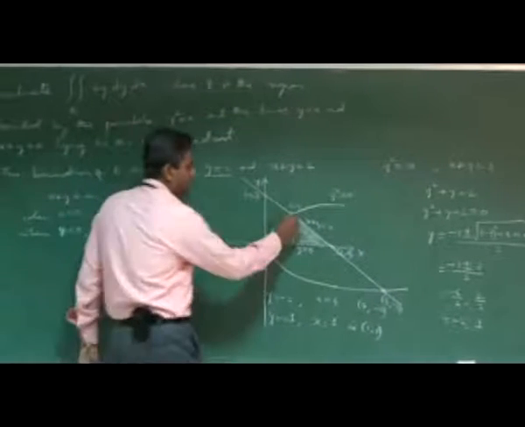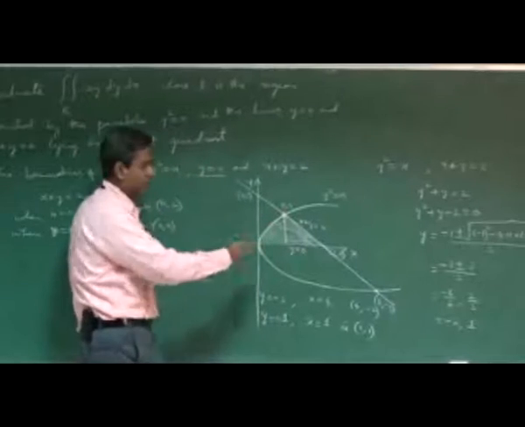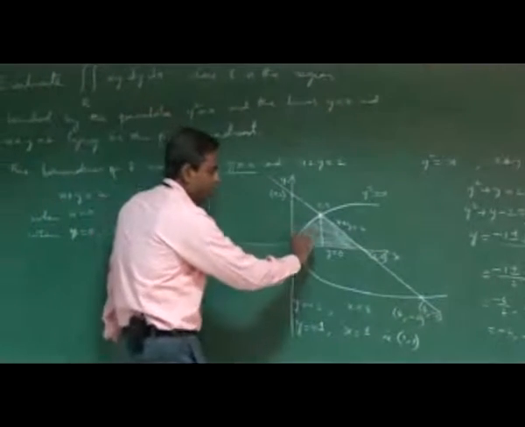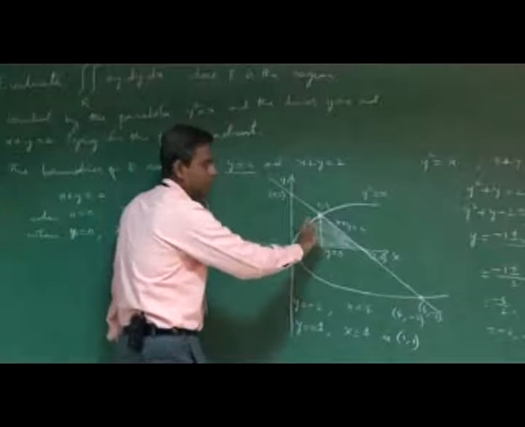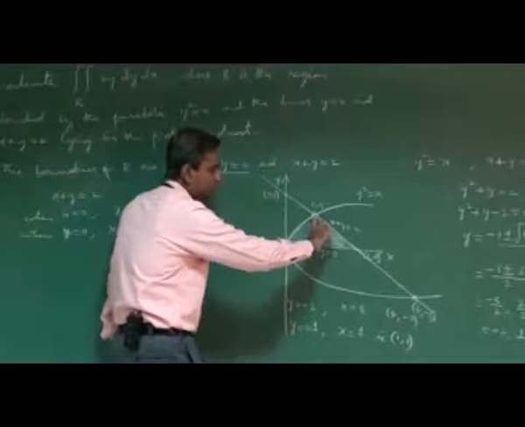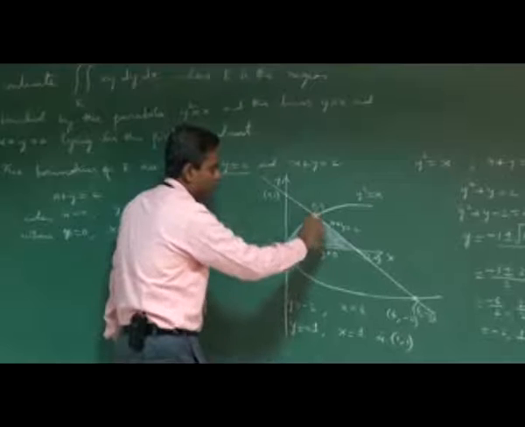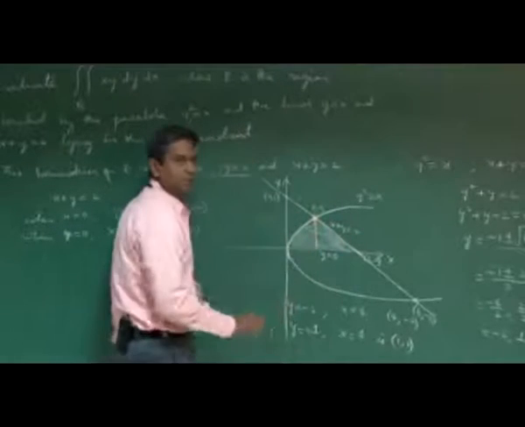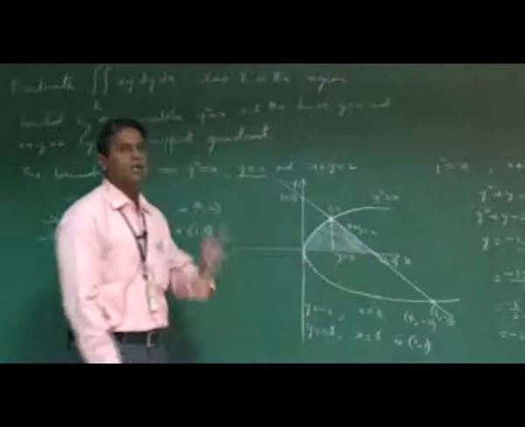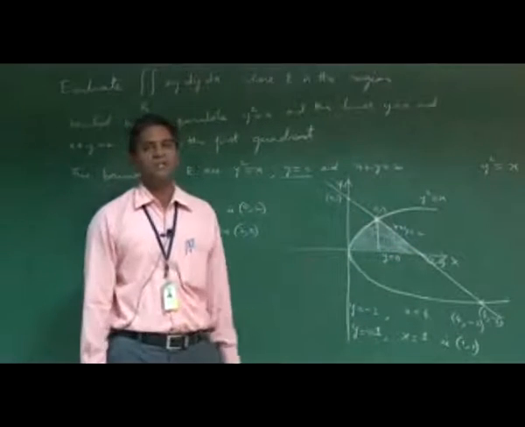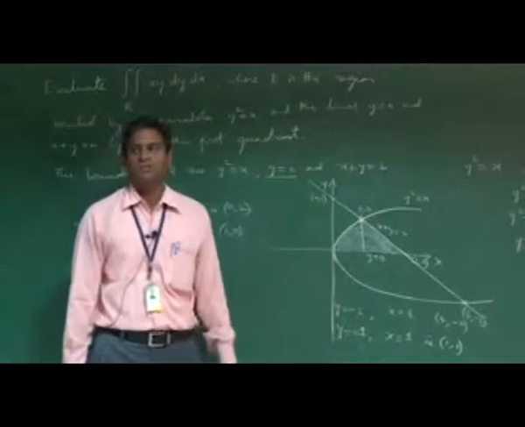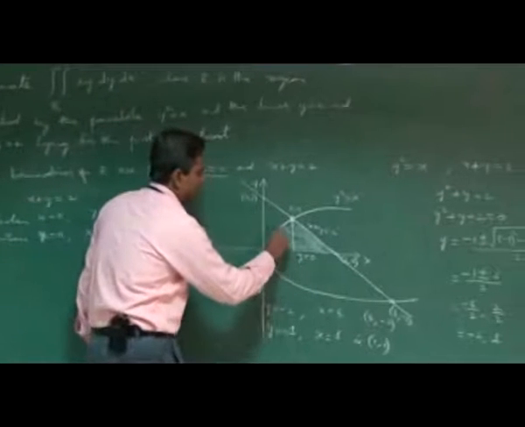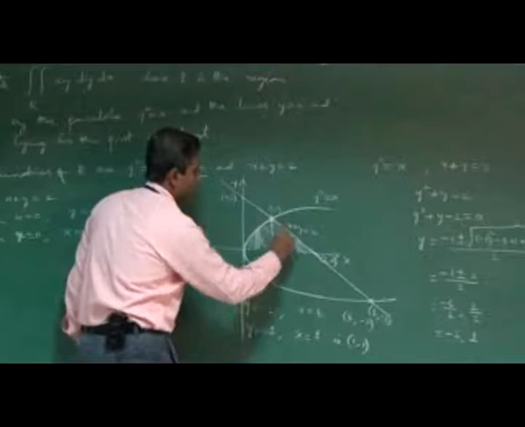Okay, and then in this case, the region we discuss is about the increasing and the decreasing region. In the left to right direction about the y-axis, the region goes to increase, and at the point x equal to 1, the region goes to reduce. So we have got a decreasing and increasing region in the given case. So in this case we cannot find it directly, so we separate the region into R1 and R2.